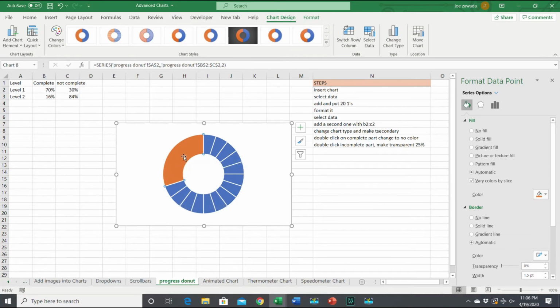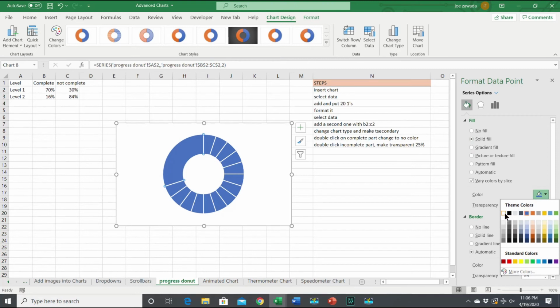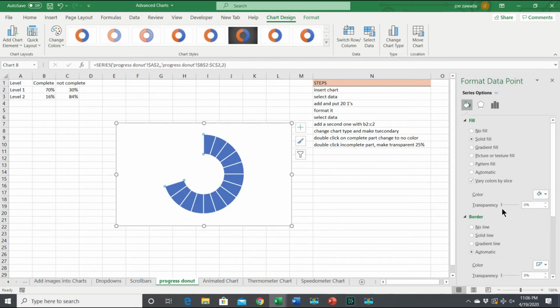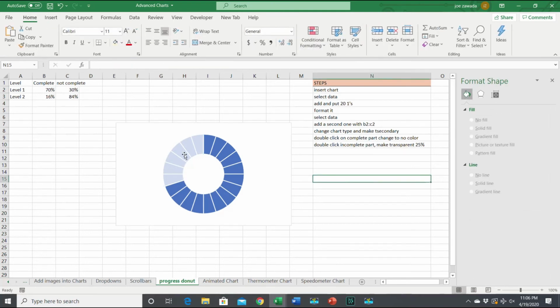Then we want to double click on the not filled part, and we want to make this transparent. So first we'll make it a solid color, and a solid color would be white. So it looks like it's not there, but then if we make it transparent, let's just make it 25% transparent. And there we go. So now we have our chart, which is 70% complete, which is the dark blue, and then here's the light blue, which is the incomplete. And then as we change this, say it's 80%,